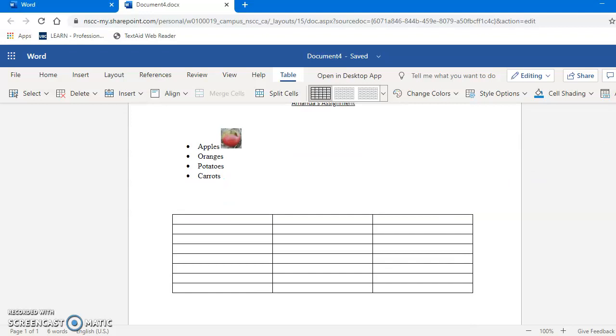So maybe I'm going to put my apple here, and I want 10 apples, orange, and I want 5 oranges, potatoes, and I'm just going to put 1 bag, 5 bag of potatoes,